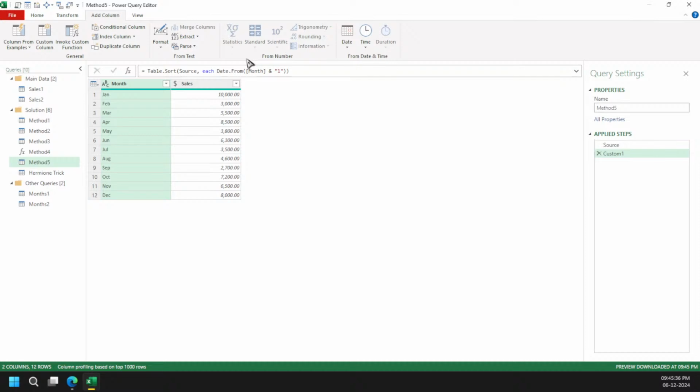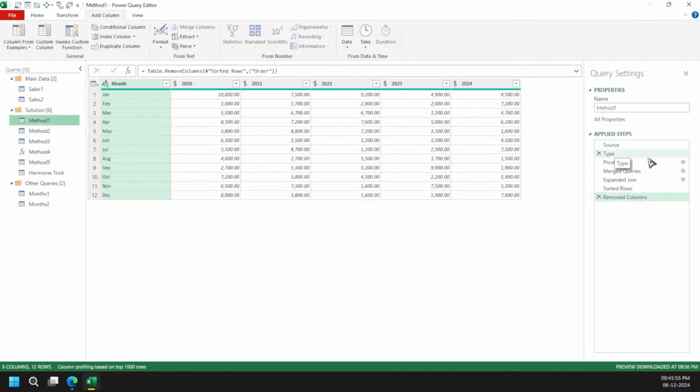This function has got some more features. So here we have the data sorted in one simple step, and that's it. You don't need to write so many steps. Earlier, we started by importing the data and then merged the queries and everything, right?